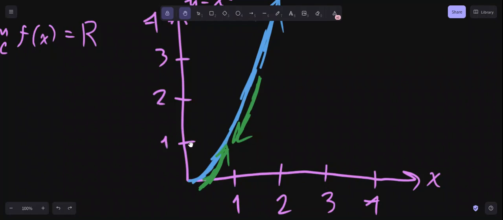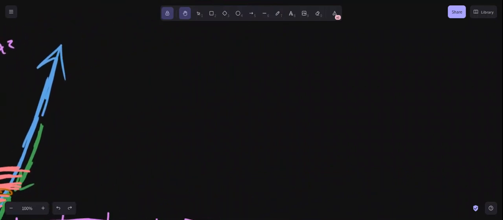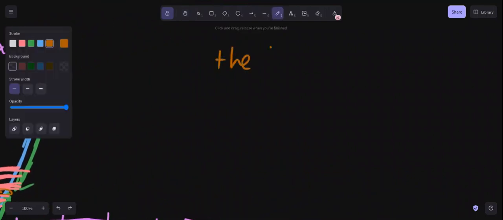Well, it seems that the f of x values are getting closer and closer to 1, because here you might have gone 0.5, here 0.75, here 0.9, 0.99, and then the same thing over here, 1.5, 1.25, 1.1, 1.01, 1.001, and it seems that you're getting closer and closer to 1, just based off of this graph. So you would say that the limit